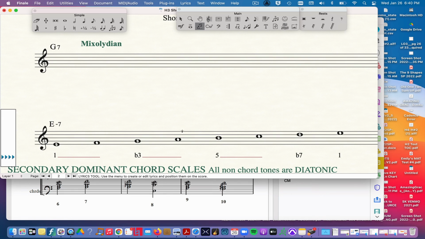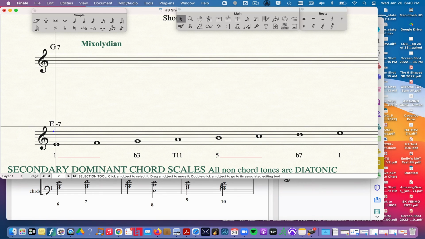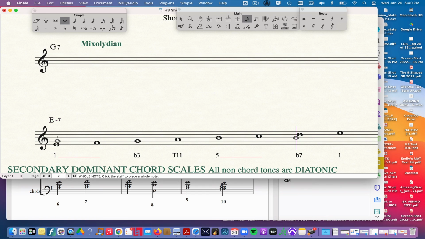So let's look at this one first. This is an A. It is in fact a whole step above the G, so it's labeled as a tension. Tensions are always labeled by their compound name, meaning their name which is more than an octave above the root. And the reason for that, of course, is that